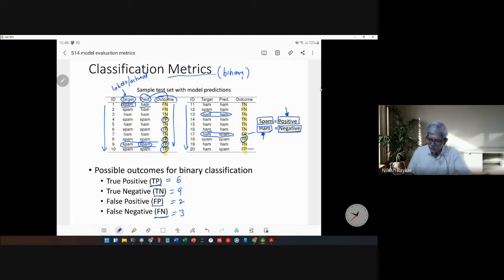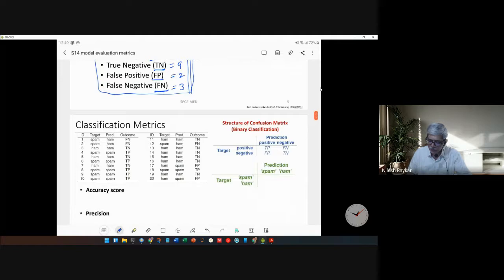Okay. So these numbers are used to represent the performance of your model, and they are presented in a particular form, which is called a confusion matrix. So whenever you're talking about the performance of a classification model, you will hear the term confusion matrix. So confusion matrix is nothing but these four numbers, represented in a matrix form. So let's look at the form of confusion matrix.